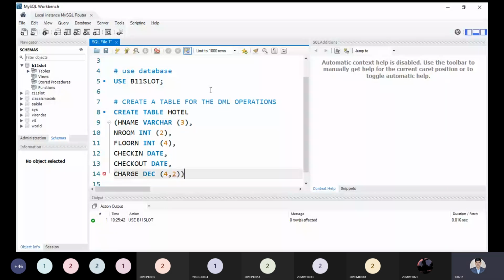After this point, you will be able to see the table syntax we have written over here. By pressing Control plus Enter, at the bottom you will be able to see that within 3.4141 seconds this command is executed perfectly. So this table is created.